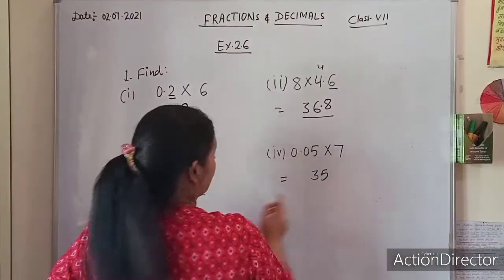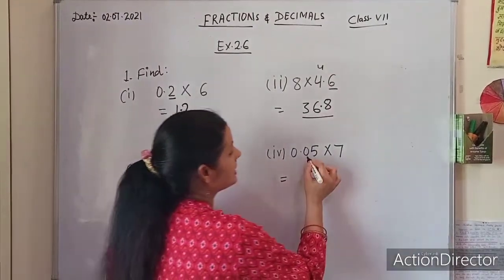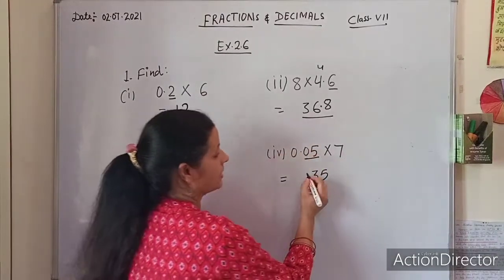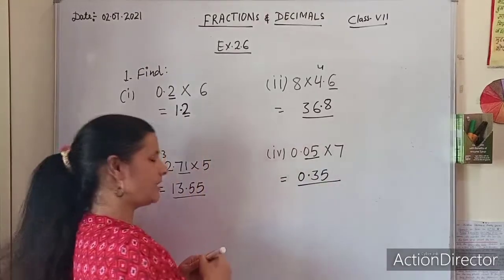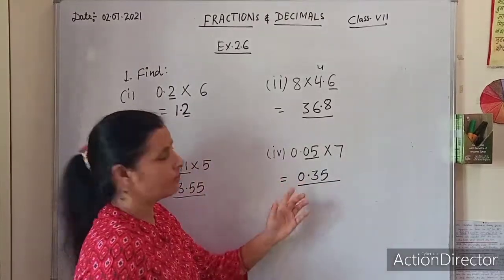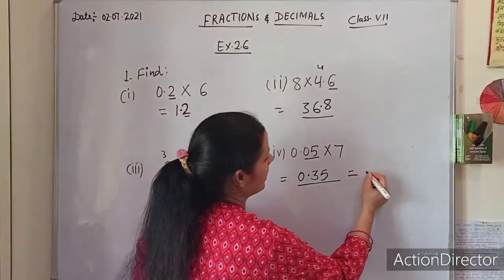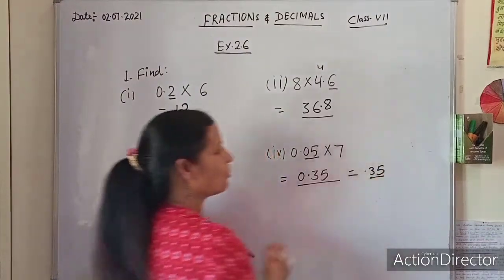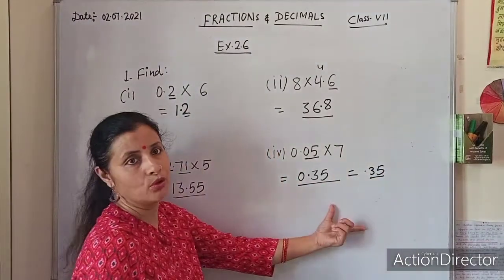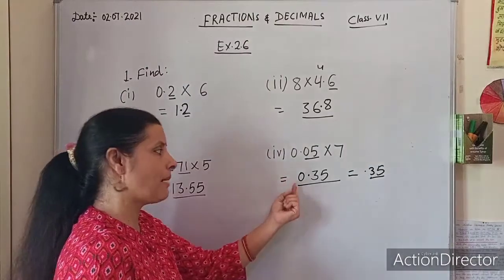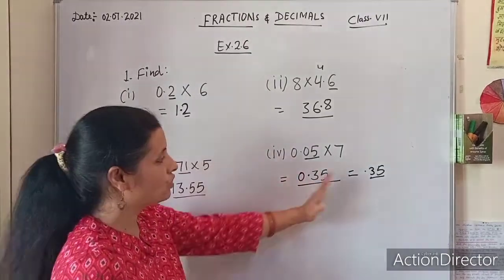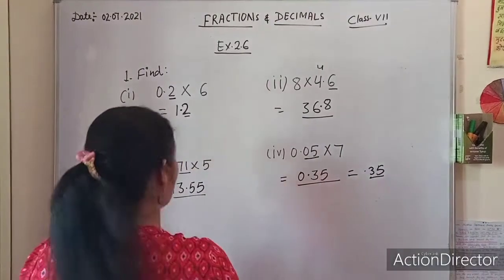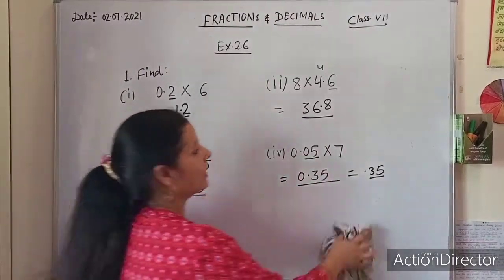Now 35 is our answer. So how many digits follow the decimal? 2 digits. Then we will place the decimal here. So the answer will be 0.35. Either you can write 0 before the decimal or not. Both answers are similar, either 0.35 or .35. Both are equal values. So don't bother that ma'am has written 0. There is no value of 0 before the decimal. Understood? So the answer will be this. You can note it down and then we will move forward.